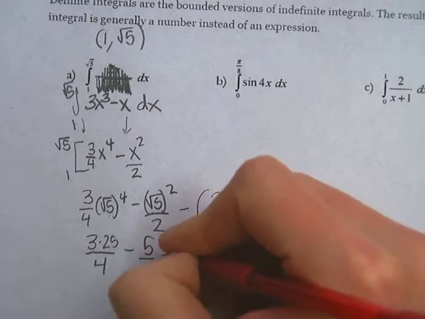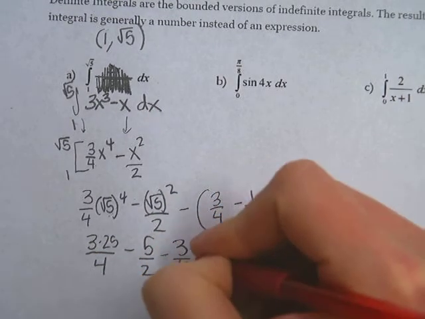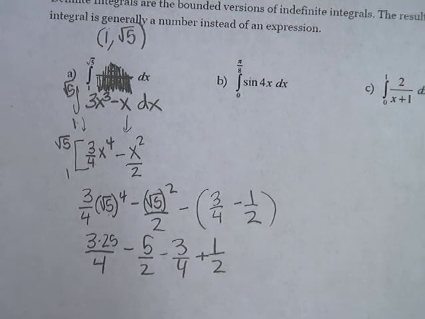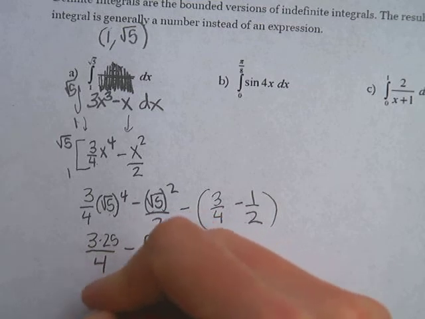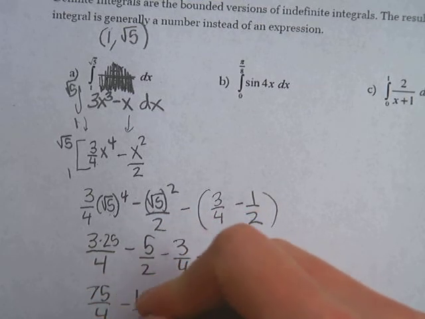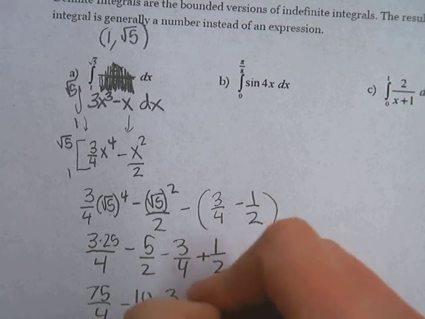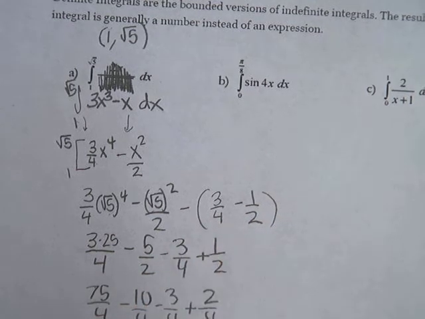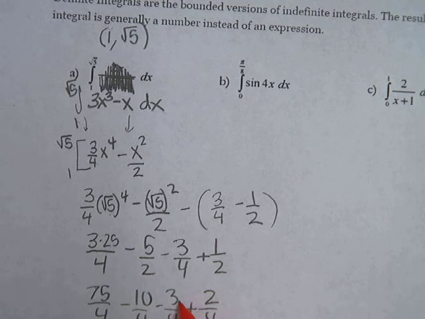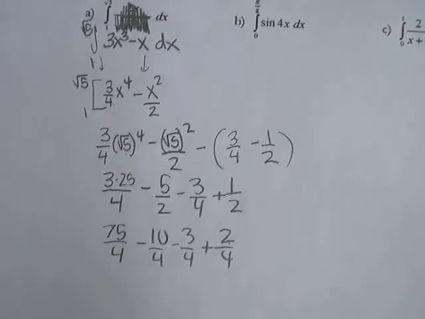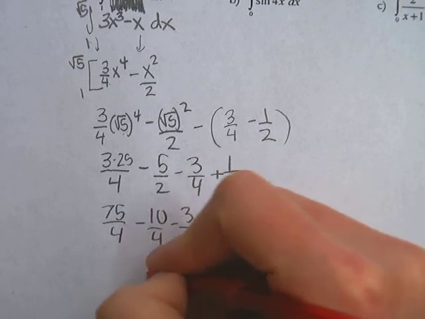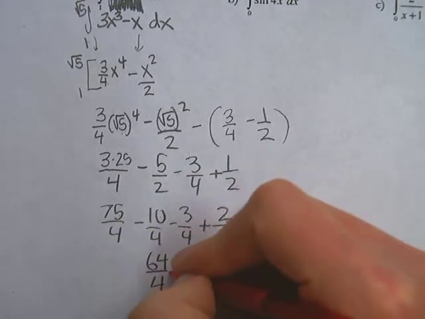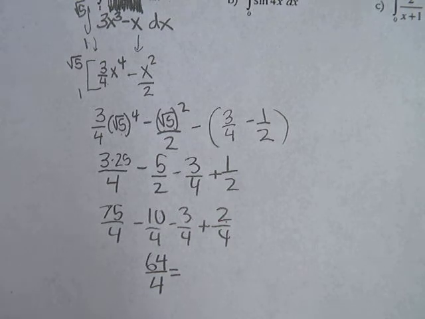We have a minus 3/4, and we have a plus 1/2. I should probably get common denominators here. 75 over 4 minus 10 over 4 minus 3 over 4 plus 2 over 4. So 75 minus 10 is 65, 62, 64. So I actually get 64 over 4,